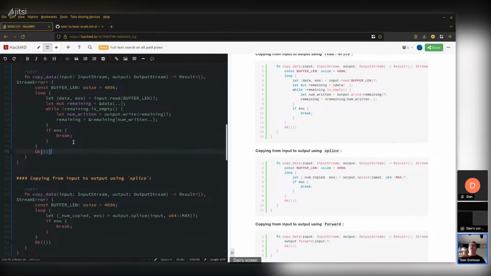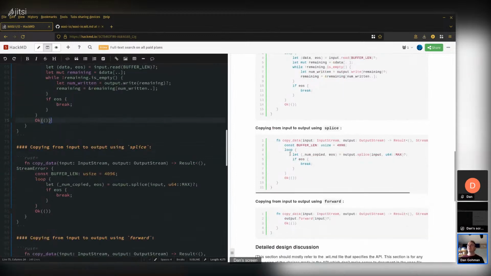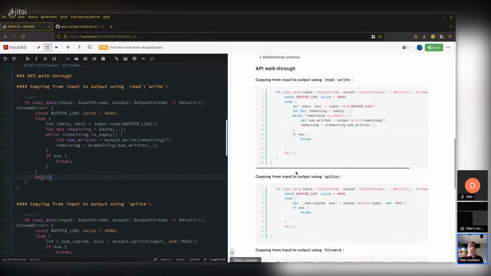Yeah. Okay, so these are some pretty simple examples kind of showing off the basic use case of the API. Read and write, you get do a bunch of stuff here. I think this is a little bit ugly. I'm not super happy with how this looks, but I think it's going to get significantly better when we have stream built into the language in async timeframe. And I think it's also going to be the case that a lot of user code won't be writing code kind of at this level. It'll be using code at like the level of standard libraries that'll have copy functions that will do this under the covers.